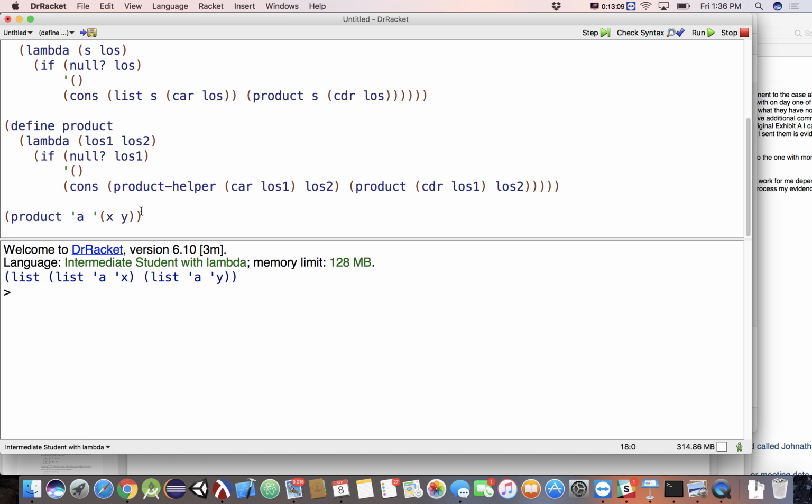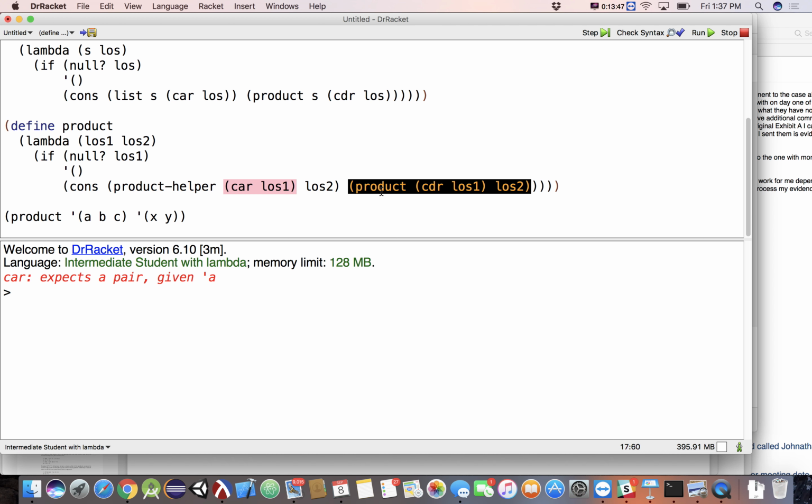All right. Now, let me update this guy. So this is going to be A, B, C, something like that. That was our first test case, or maybe the only test case, whatever it is. Now, what we're hoping to get out of that is a flat list that has a bunch of two lists in it. That is the two list containing AX, another two list containing AY, another containing BX, so on and so forth. But it's a flat list, not a list containing lists of two lists. Okay, so when we use cons here, let's go ahead and run this.